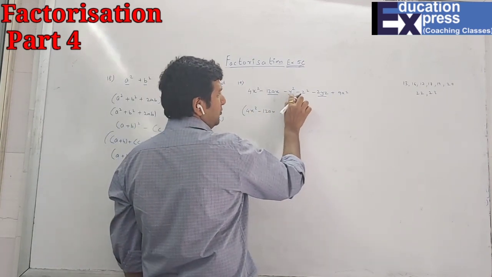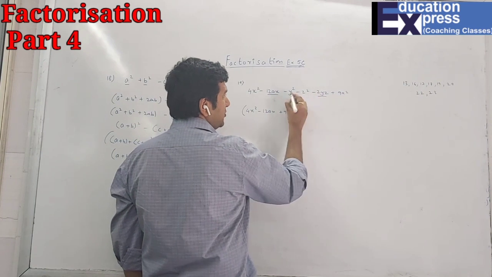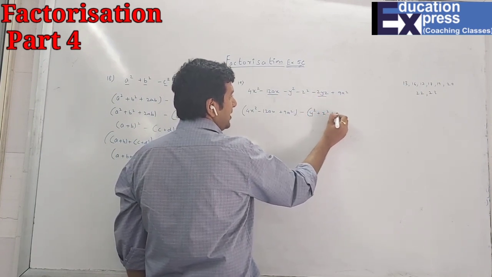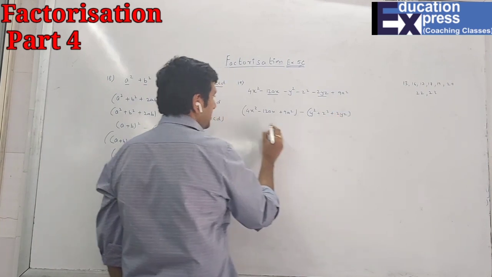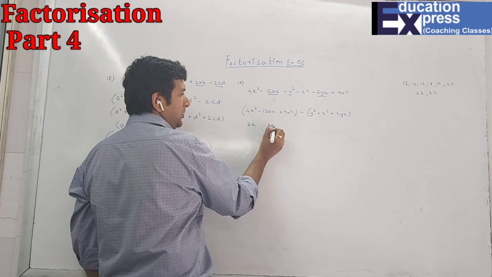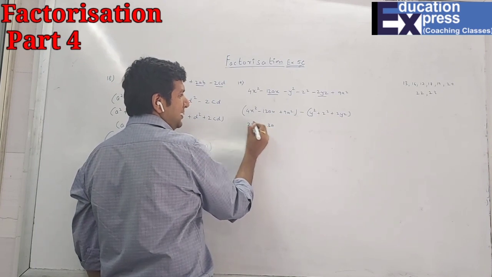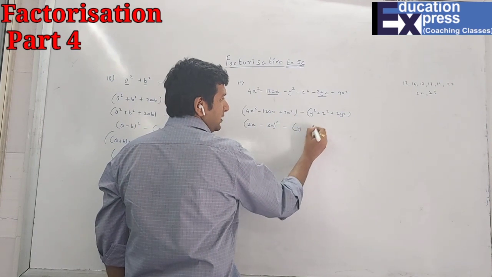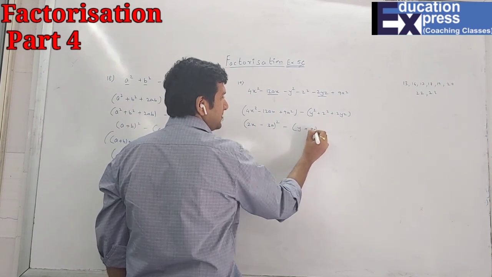Now the second is a negative group, minus, minus and minus. So if I take minus common, I'll get y square plus z square plus 2yz. So now this is a square for 2x, this is a square for 3a. Number which doesn't have perfect square is minus. If I do whole square, I'll get this. And here y, z, and here is plus.